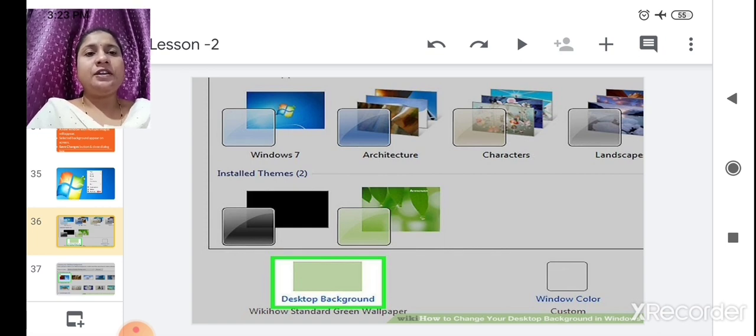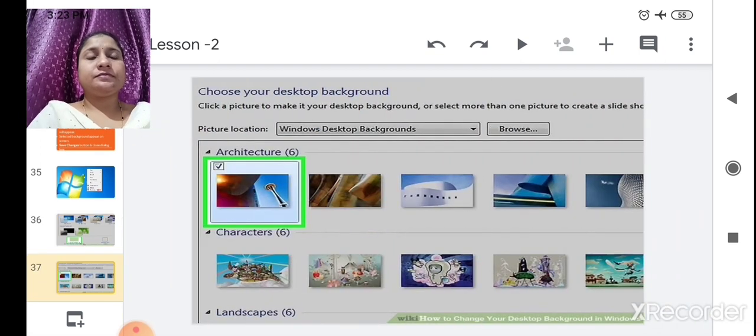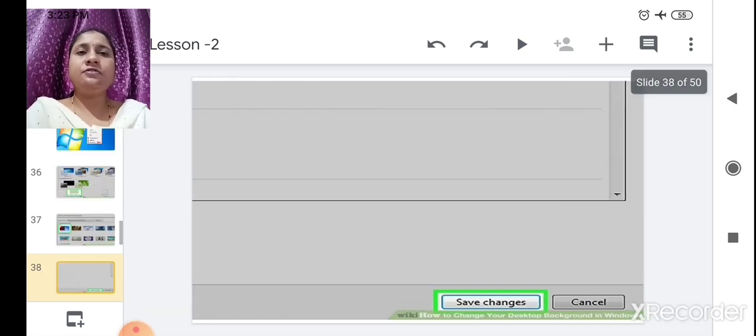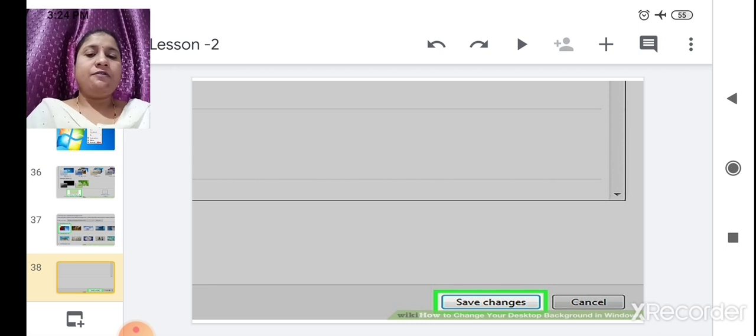After clicking on this Desktop Background, such images will come. You have to select any one image from this. After selecting any one image, you have to click on Save Changes. After clicking on Save Changes, that image will appear as your desktop background. Got it? That is how we can change the desktop background.